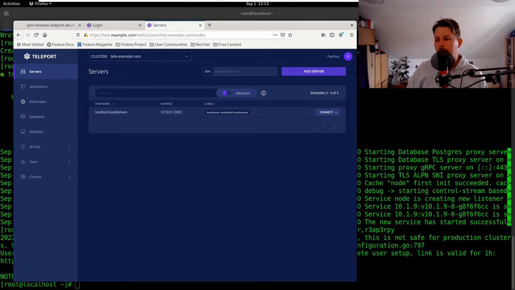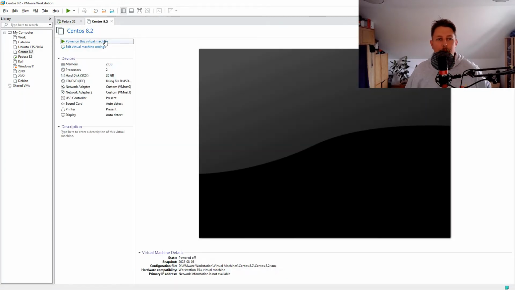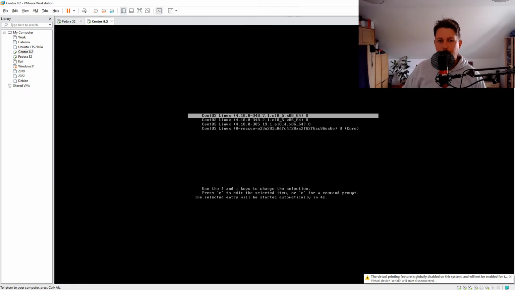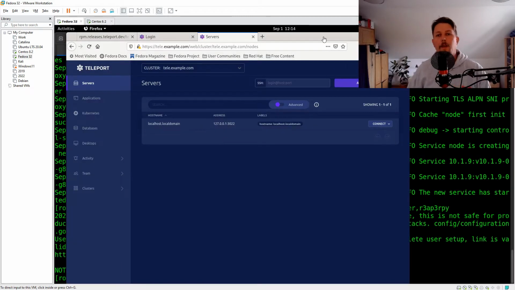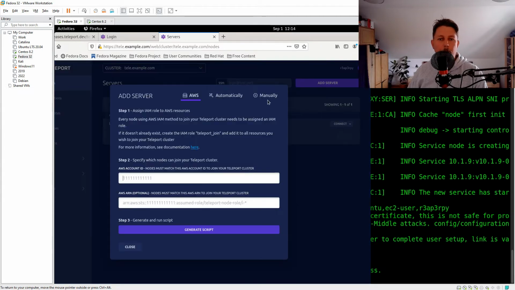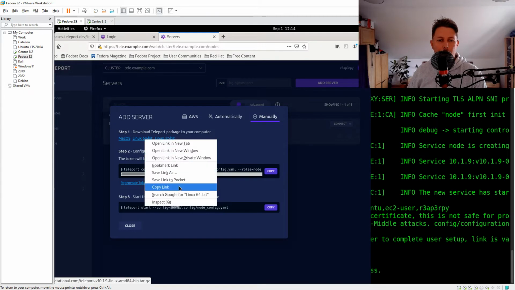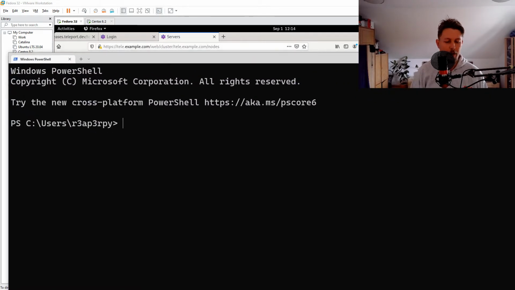What I want to do is to go ahead and spin up my CentOS virtual machine. And after spinning it up, I would like to add this machine. So here I click on the add server and I go to the manually part, and I would like to copy the link for the 64-bit agent. And once my CentOS machine is there,